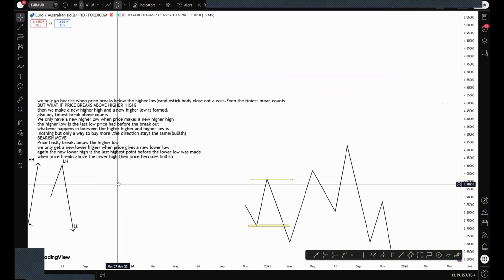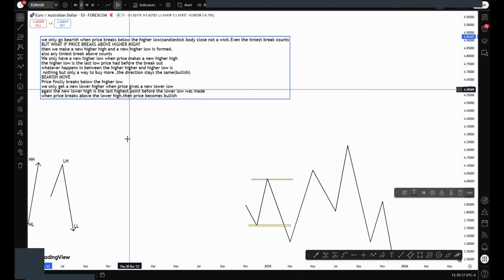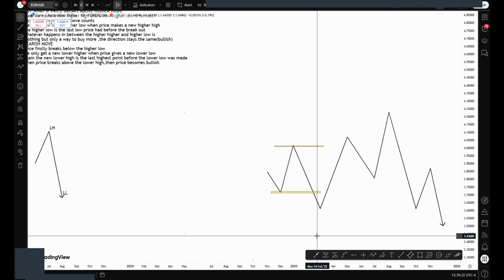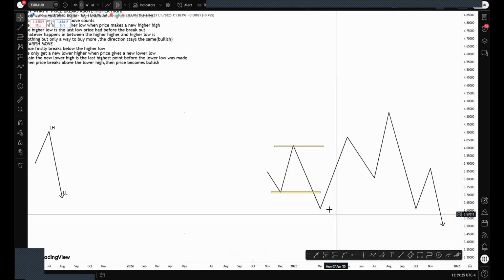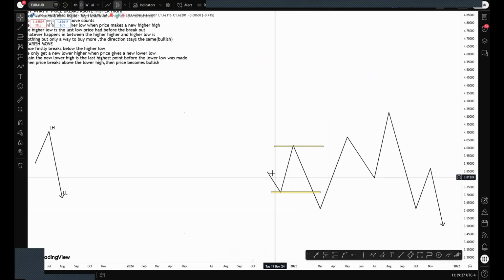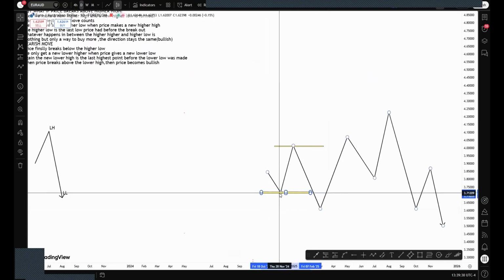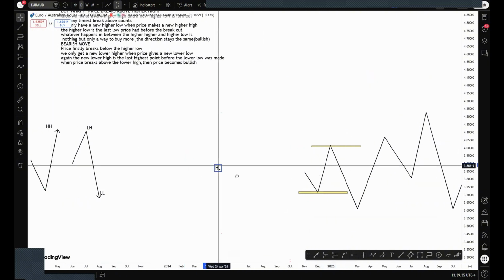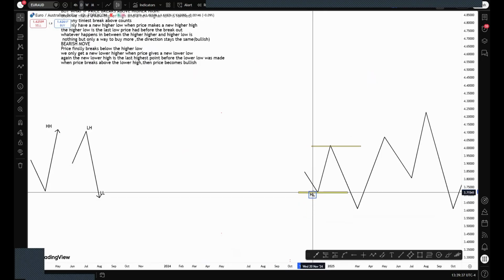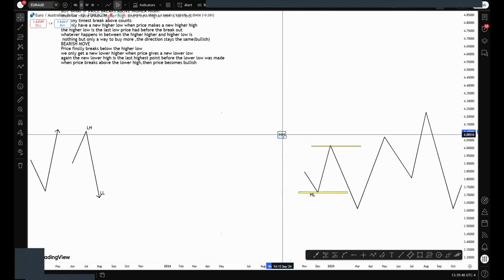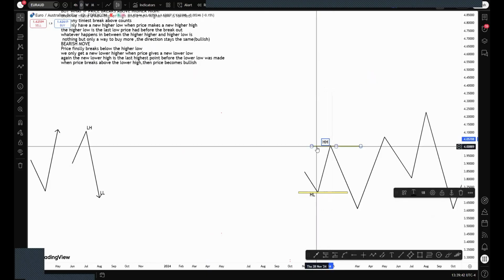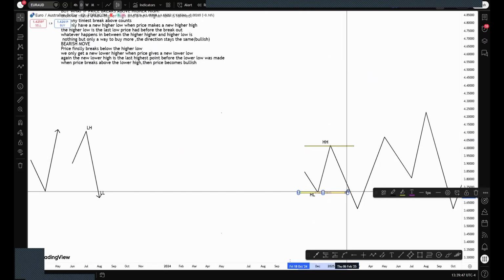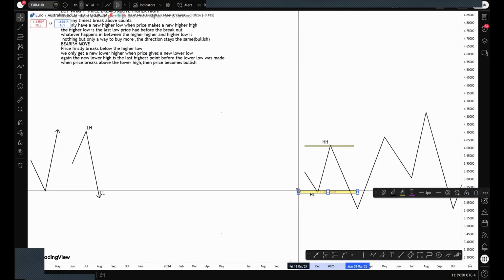Just push them right on top of this one here. So now, remember what I was telling you. If you start from this level here, you can clearly see that this is our higher low, right? And this is our higher high, right? Okay. And this is our interest right here,